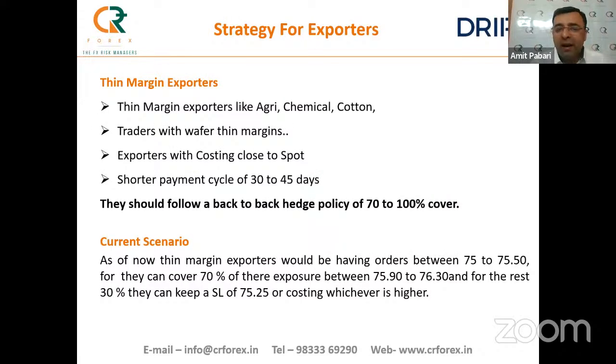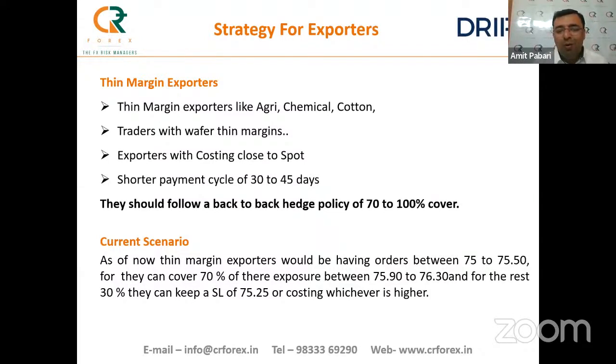So now, what is the strategy for exporters? जो CR Forex हम जो client को advise करते हैं, we had divided the exporter into two buckets. One, thin margin exporter. Thin margin exporters कौन होते हैं? Agri exporter, chemical exporter, cotton exporter. They are generally traders. They have wafer thin margin. Generally, they take costing close to spot, and they have a short payment cycle, 30 to 45 days ka. Generally, the hedge policy what we recommend them is to cover between 70 to 100% of their exposure depending on